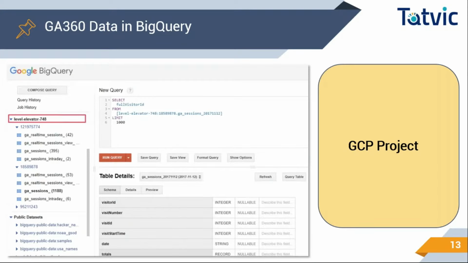So once we connect the Google Analytics 360 account to BigQuery, and we start getting data inside BigQuery, the way the data is structured is we have one GCP, which is Google Cloud Platform Project, in BigQuery, in which we will have different data sets. So one GCP project will have multiple data sets. One data set will have multiple tables. Each view, being a Google Analytics view, will have one data set in BigQuery, and that data set